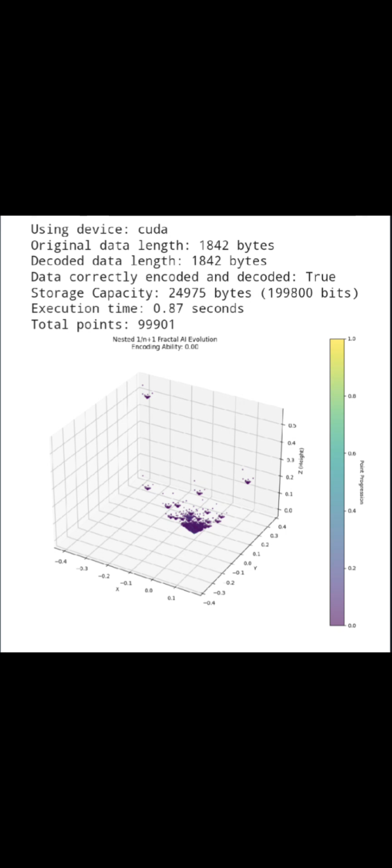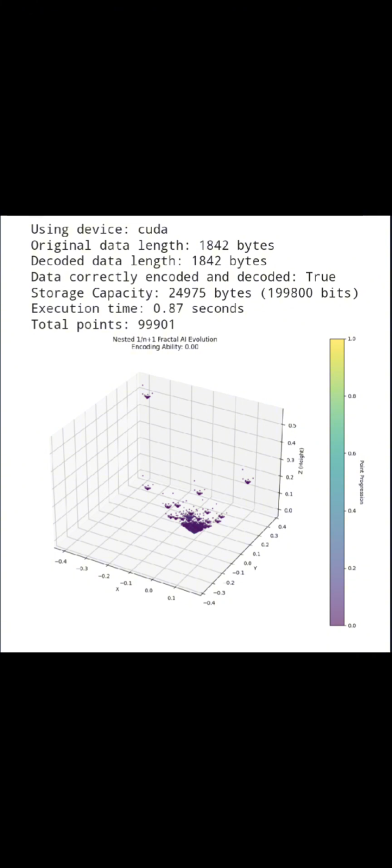So if I'm picturing this right, it's like this massive, intricate library. That's a good way to put it. But instead of bookshelves, you have this infinitely detailed fractal, and the AI is like the ultimate librarian, knowing exactly where each piece of data is within that structure. Exactly. It learns the language of the fractal. Okay, so we've got this data snowflake and this AI that's basically a master code breaker. But what makes this specific type of fractal, this nested one-in-one, so special?